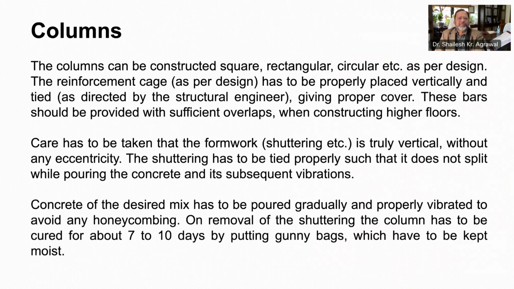Now let us discuss these beams and columns one by one. Columns are vertical members and can be square, rectangular, or circular as per the design. The reinforcement cage as per the design has to be properly made and placed vertically and tied, giving proper cover. Also remember, the bar should be provided with sufficient overlaps while constructing higher floors. Care has to be taken that formwork is truly vertical and not out of place. The joint between the shuttering should also be tied properly so that they do not split while pouring the concrete